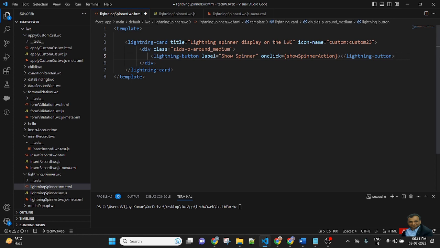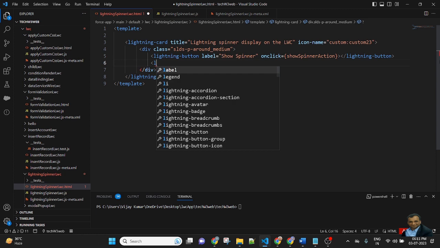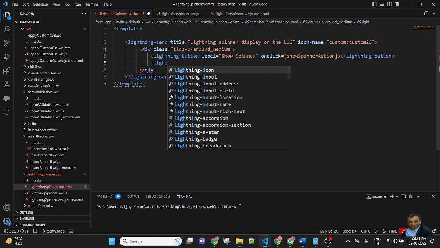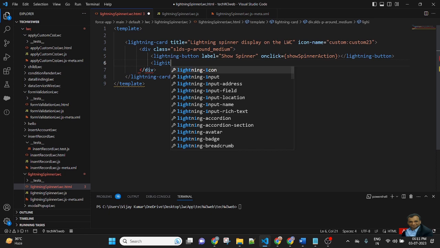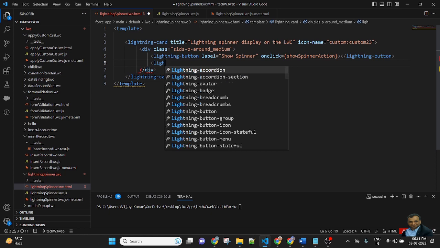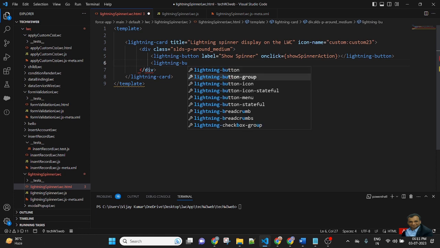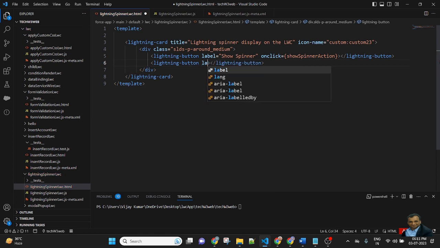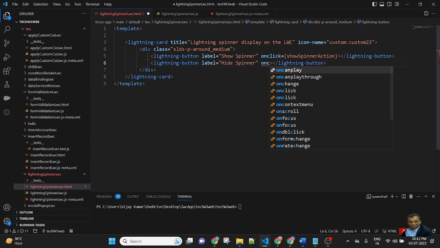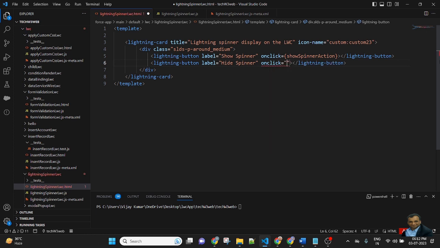And another one is lightning button, label: hide spinner, onclick the method passed will be hideSpinner.